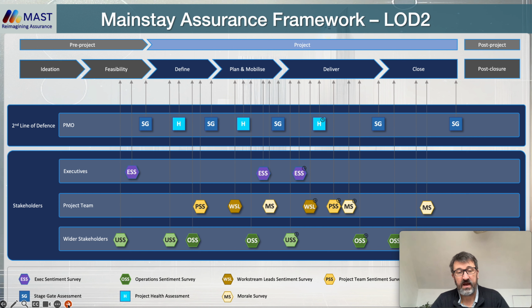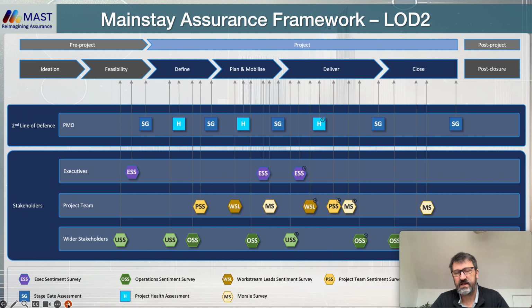And then finally, in terms of the wider stakeholders, you can reach out to the user group and understand if they are liking what they're seeing in terms of the end product, whether they have been consulted throughout the project, and same with the operational work streams.